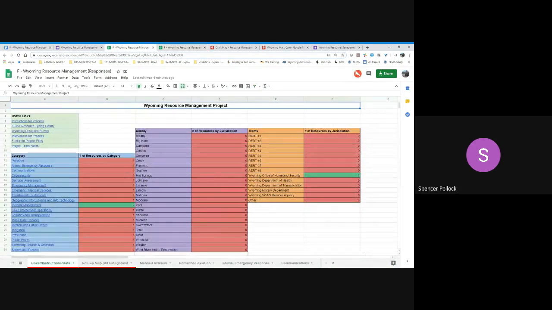And so the third way that you can get access and get information into us is if you already have it in some type of an Excel, Google Sheets, comma separated values type format, send that to us, and we're happy to go through kind of column by column, line them up, and upload the data.